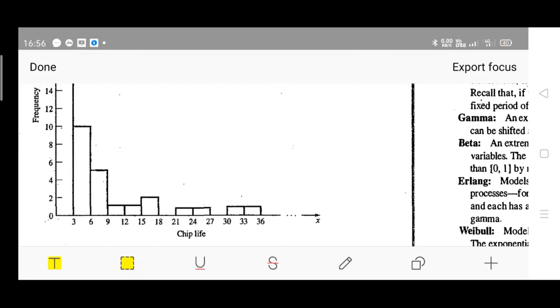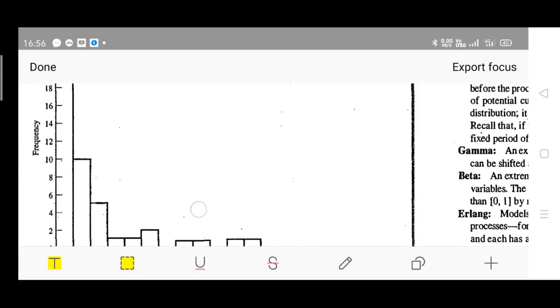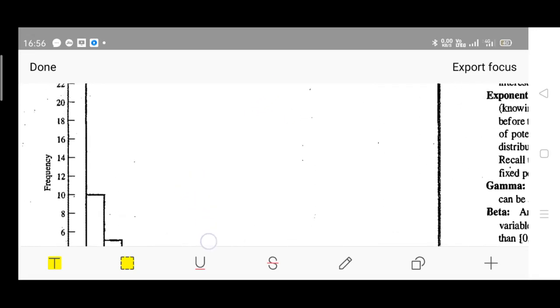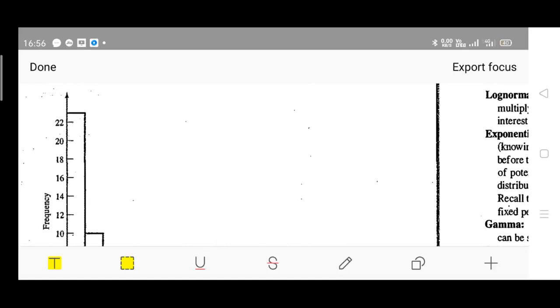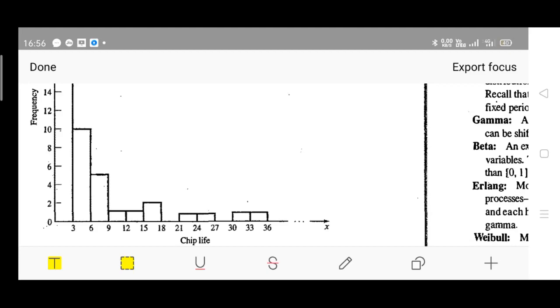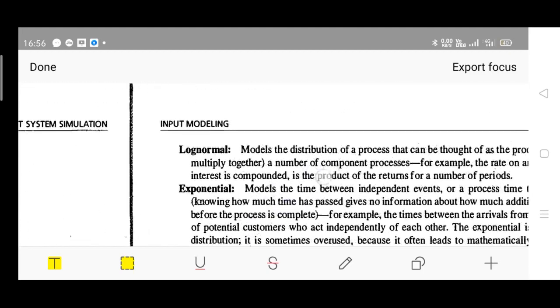Here it is the lifespan of the electronic component, right? Check the number of days we have taken per each class. So in each class we have taken a 3 days span. 0 to 3 as the first span we have taken, then a span of 3 to 6, 6 to 9, 9 to 12, and so on, right, along the x-axis, and frequency value along the y-axis. Suitable intervals should be taken. 0, 2, 4, 6, 8, and so on are marked over here, as you can see on the y-axis, right?